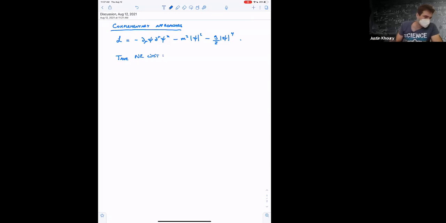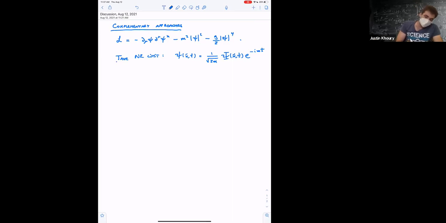The way to take this non-relativistic limit is to do a field redefinition of this complex scalar psi, and I'll define a new variable related as follows. So 1 over root 2m, and I will denote the new field variables as capital psi of x and t. And crucially, these two differ by e to the minus imt. If you think about the evolution of the phase as e to the i energy times time, this is just saying that we're already taking into account the rest mass energy of those particles.